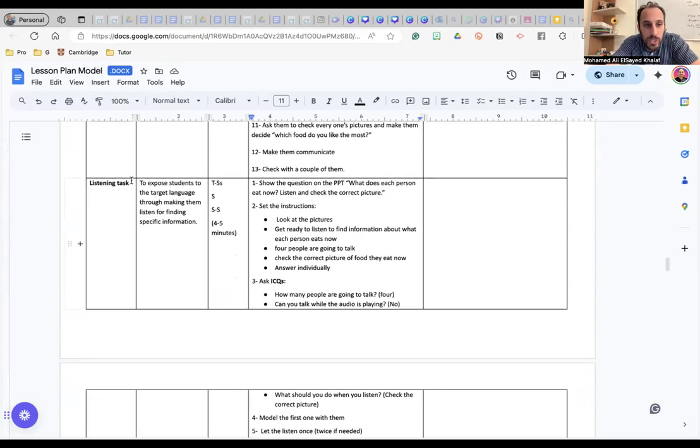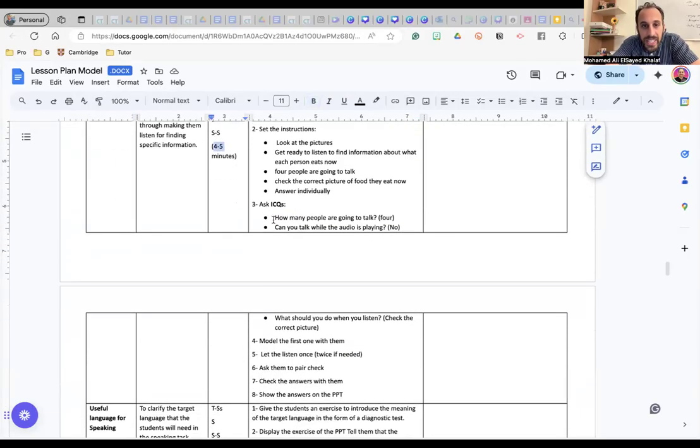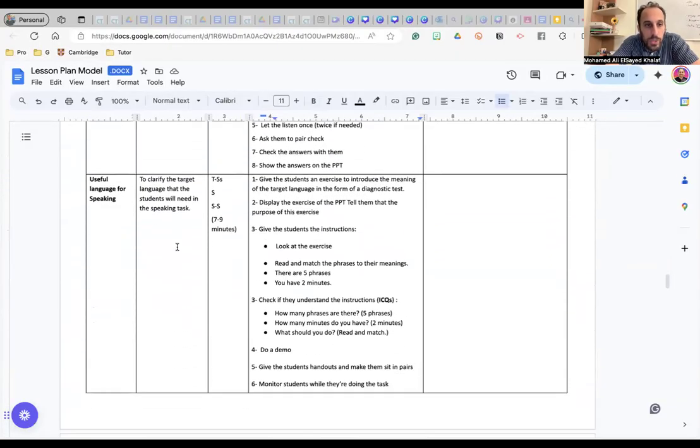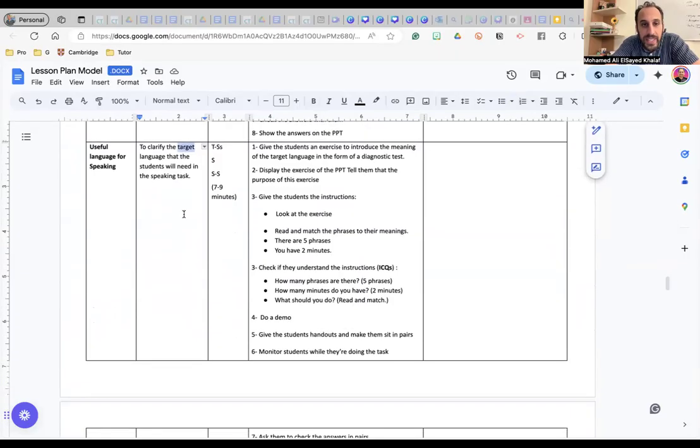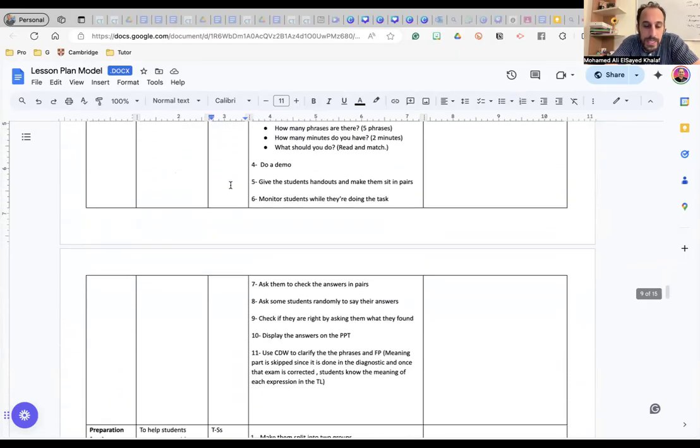The listening task, which is the exposure stage. Okay, she allocated 4 to 5 minutes, and even the ICQs. Useful language, to clarify the language that the students will need in the speaking task, 7 to 9 minutes.